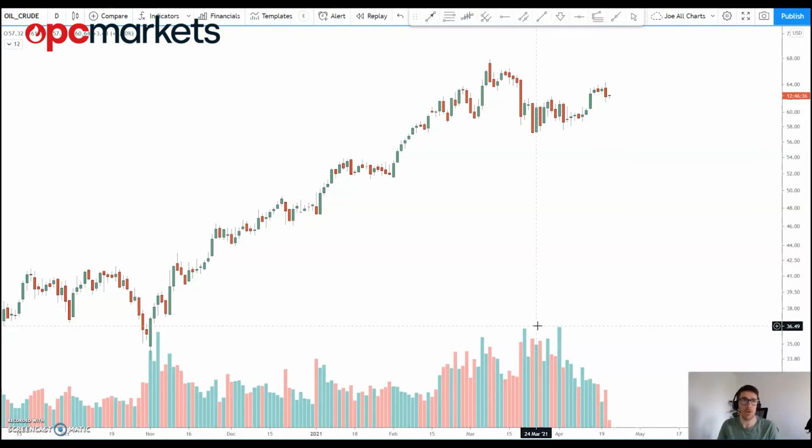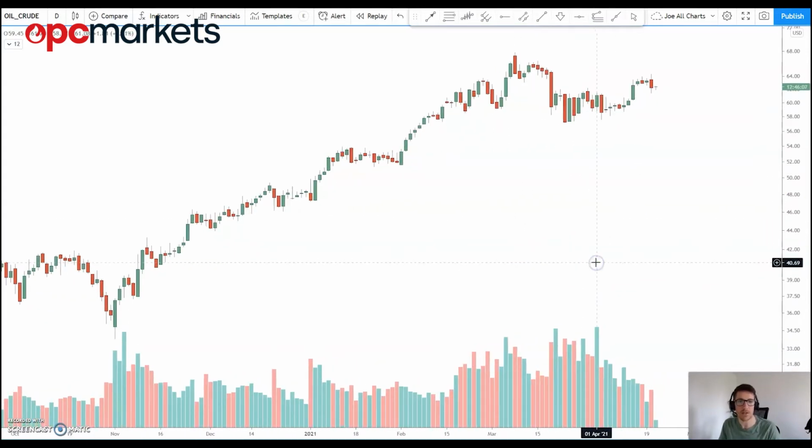So first up, in terms of the news, oil was falling for a second straight day yesterday, weighed down by concerns that the surging COVID-19 cases in India will drive down fuel demand in the world's third biggest oil importer. Obviously, we've seen the news that's surfaced over recent weeks with regards to India and how they're struggling to cope with the latest surge of the virus over there. Obviously, we wish everybody well and hope that they can get it under control soon. But in terms of how that's impacting markets, India is the third biggest country for importing oil, so it's going to have a massive impact on the price.